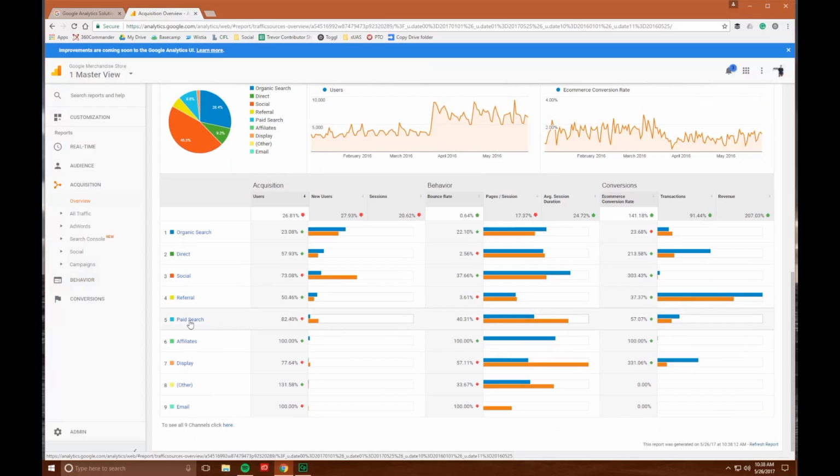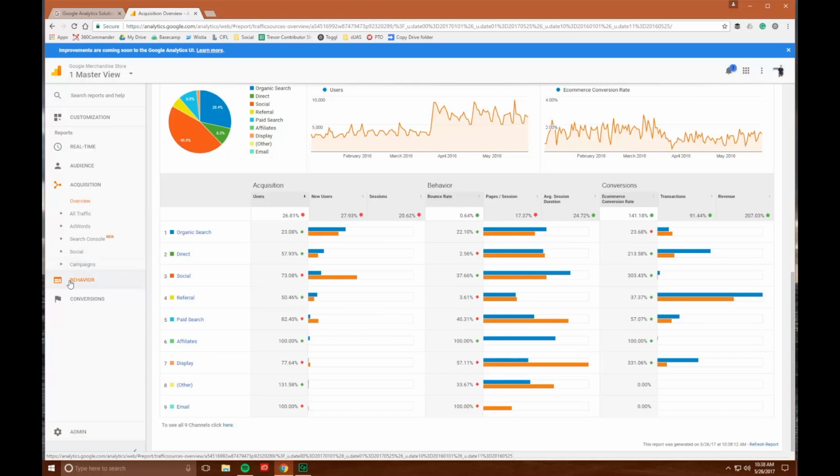Did you do paid search? Things like that. Affiliates, meaning you've got some sort of setup with another company or whatnot that's driving traffic to your website, so a special relationship. Display ads, other, your email newsletter software. So this is how people get to your website, and comparing it year over year. You notice as I continue to hover over things, more data usually pops up, or explanations.